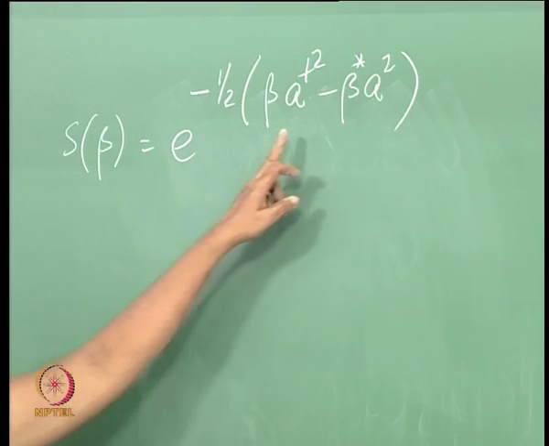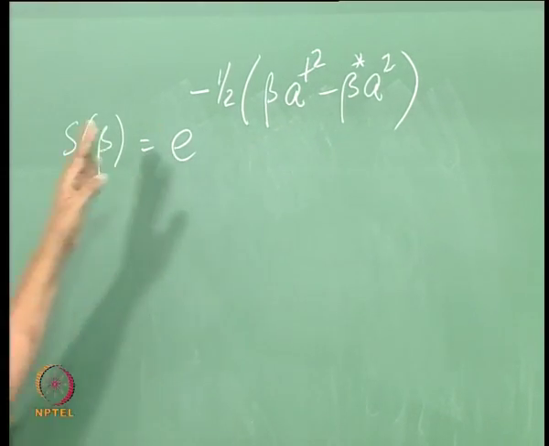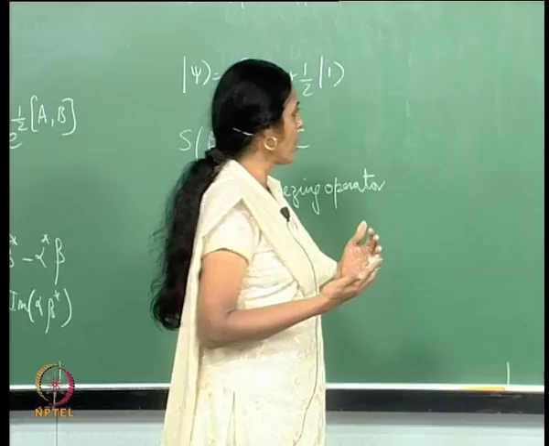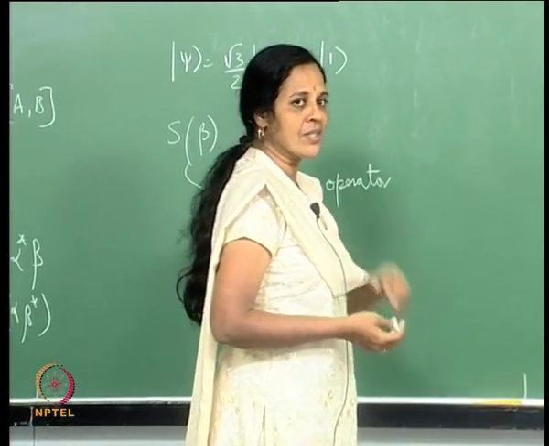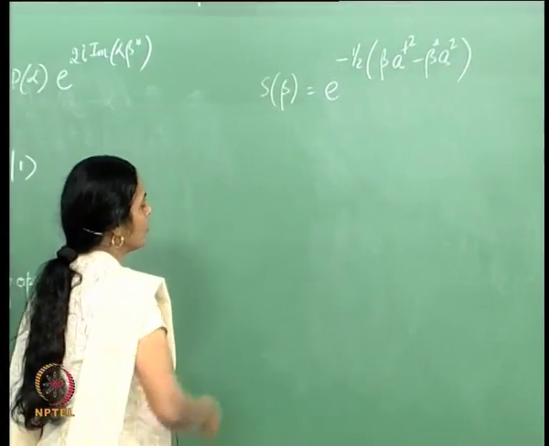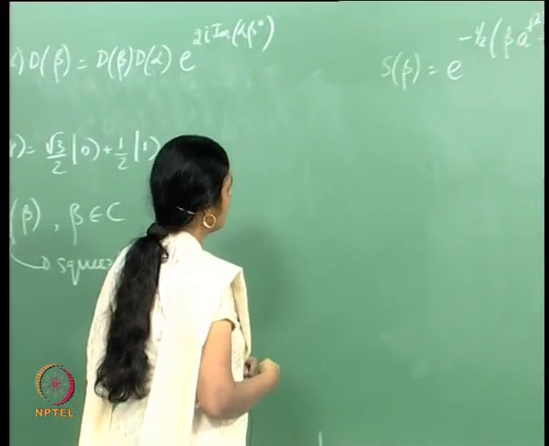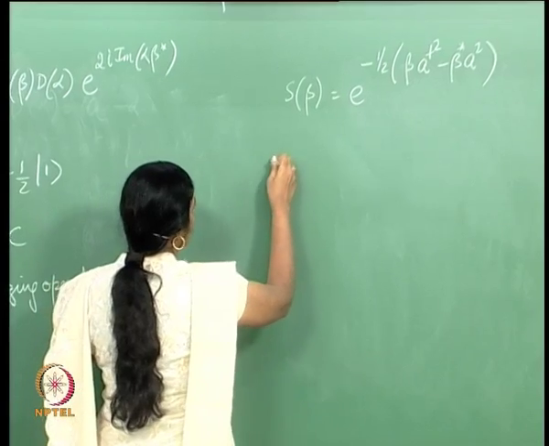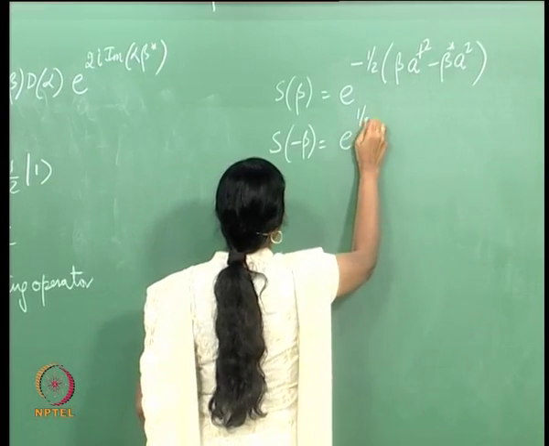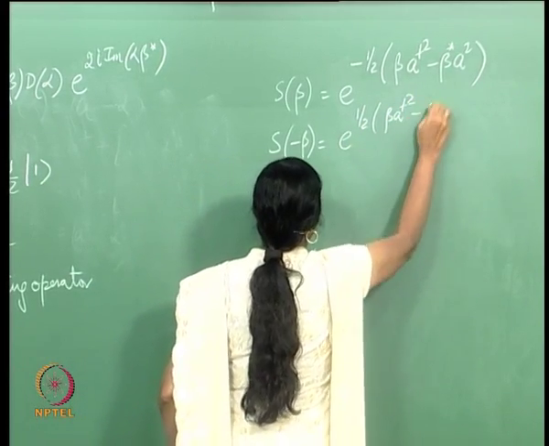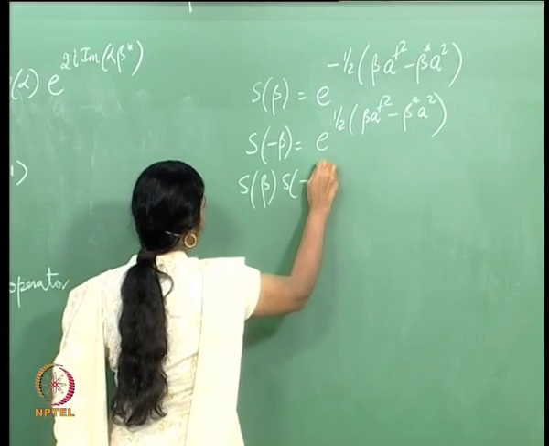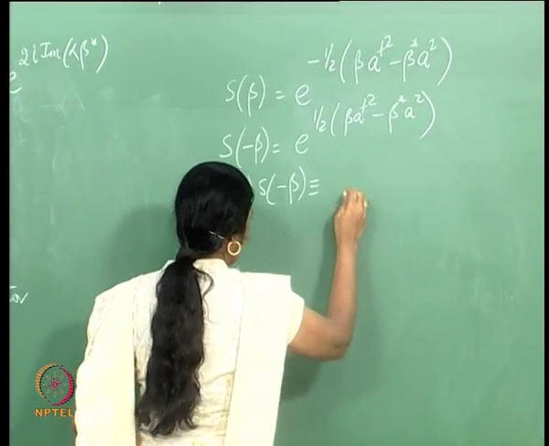It is clear therefore that only even photon number states will appear when S of beta acts on the vacuum, for instance. And when S of beta acts on any photon number state, it increases or decreases the number of photons in the infinite superposition by 2 at a time because of a dagger squared and a squared being present there. Now, S of minus beta is e to the half beta a dagger squared minus beta star a squared. It is clear that S of beta, S of minus beta is equal to 1,